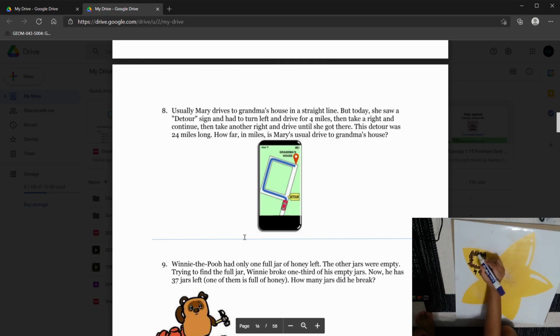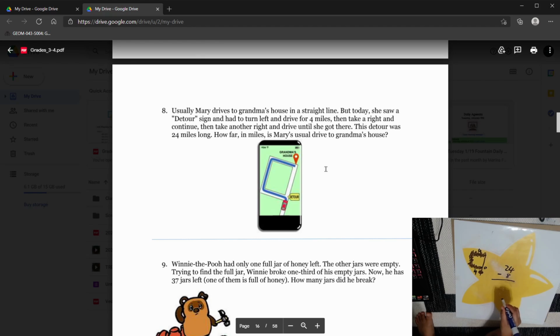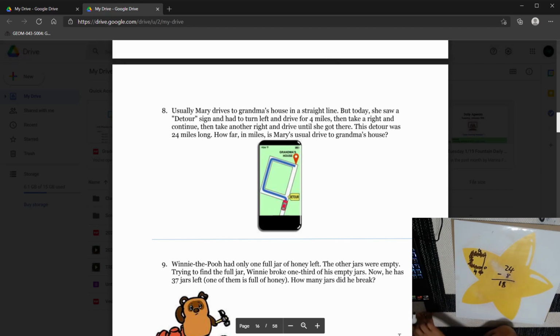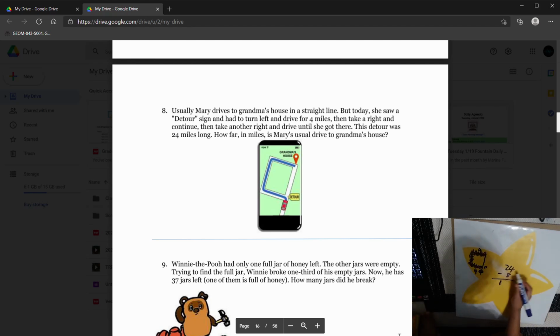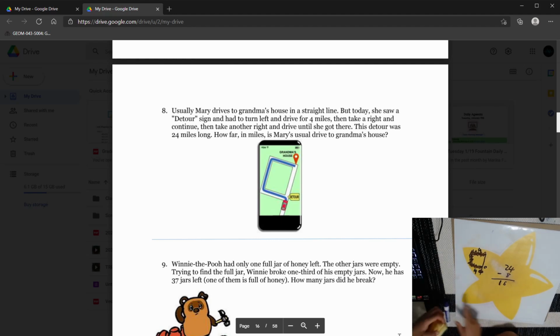So this one is 4, and so this is a rectangle, this is a 4 too. So we'll do 24 minus 4 plus 4, which is 8. So 24 minus 8 equals... Oops, not 18. 24 minus 8 equals 16. So now that we know that we have a 16,